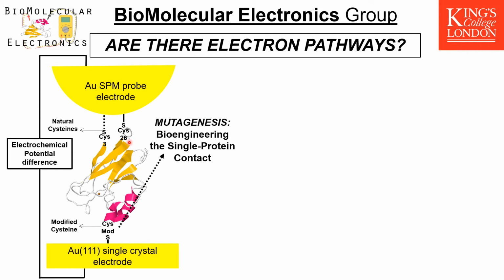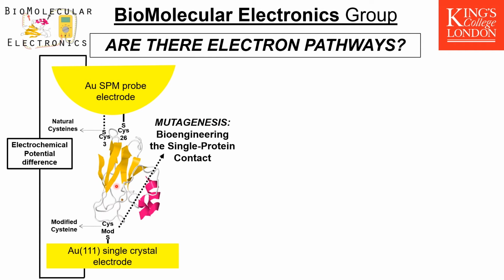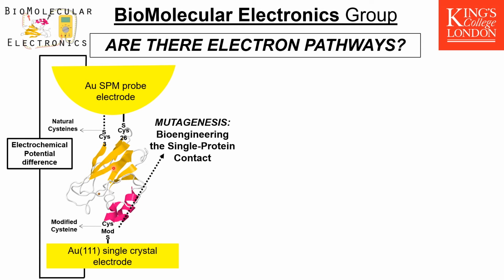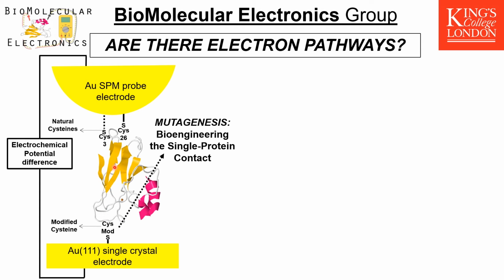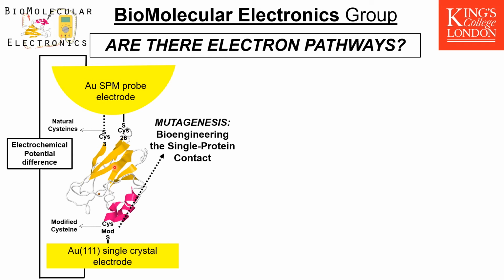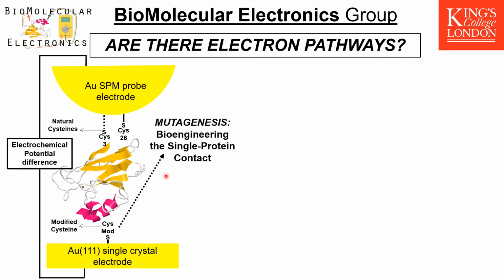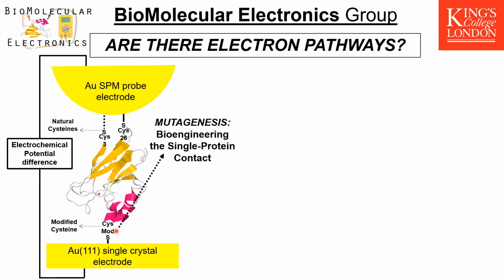So essentially, in this three-dimensional folding structure, do we have specific pathways, ways for the electrons to go through the protein? In order to answer this question, it's an entirely different project that we're developing, where we're trying to combine the single protein junctions with mutagenesis in order to bioengineer the single protein contact. So essentially, what we're trying to do here is we exchange some of the amino acids on the surface of